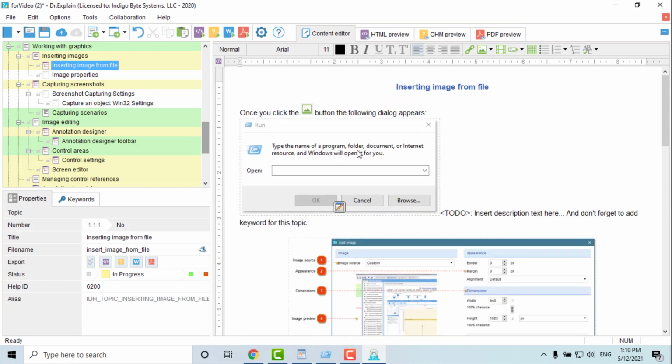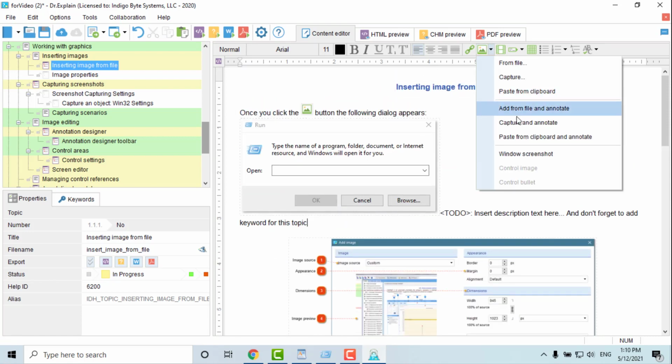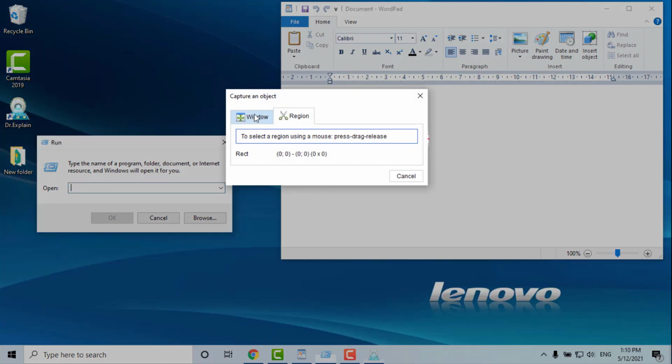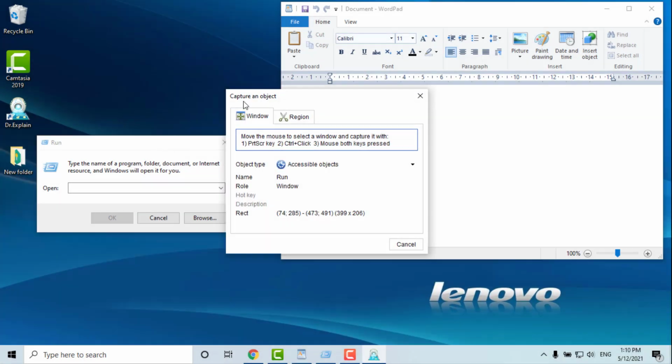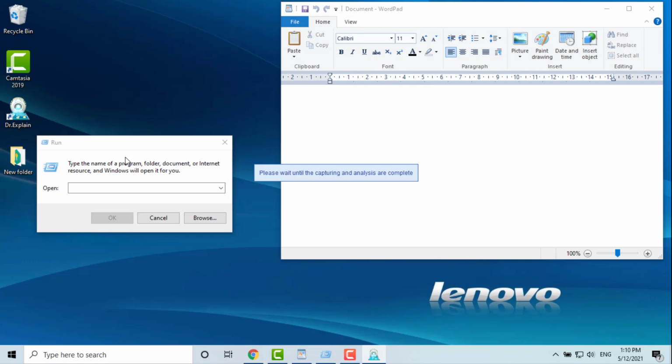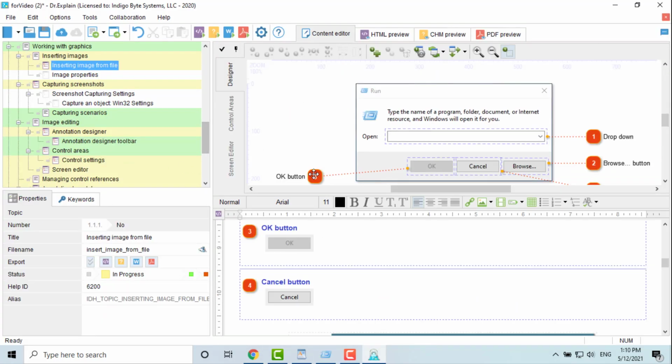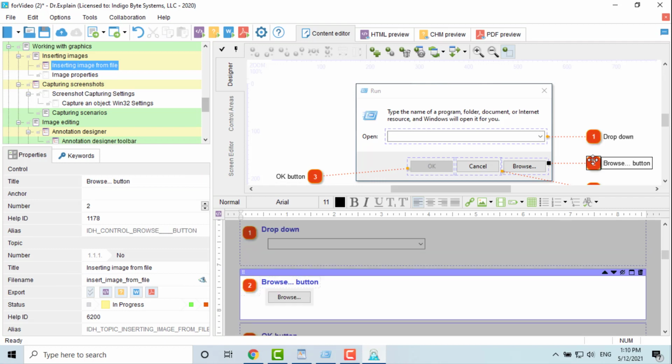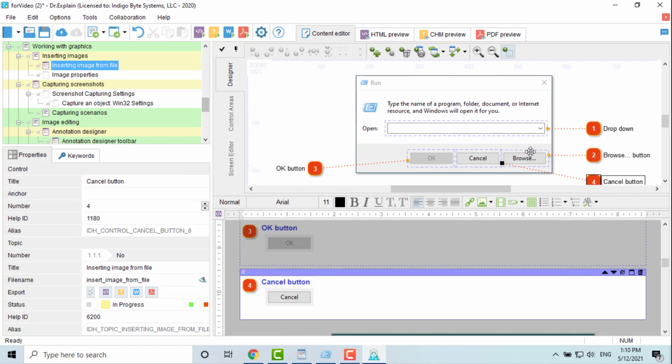In window mode, move the mouse to select an application screen, part of a window, or a dialog to capture and annotate. For your convenience, objects that can be captured are highlighted with a colored frame. After hovering over the desired object, use one of the possible methods to start capturing and parsing. Pressing the print screen key, left-clicking on an object while holding down the Control key, or simultaneously clicking on the object to capture with both mouse buttons.